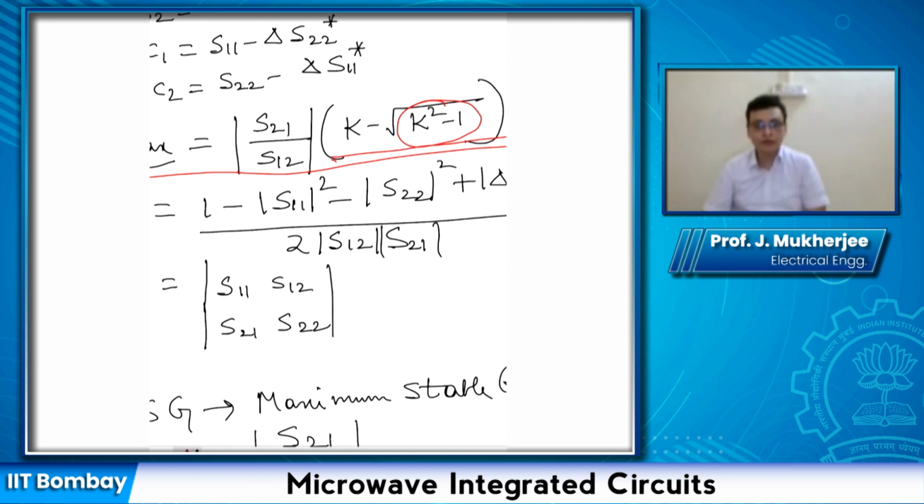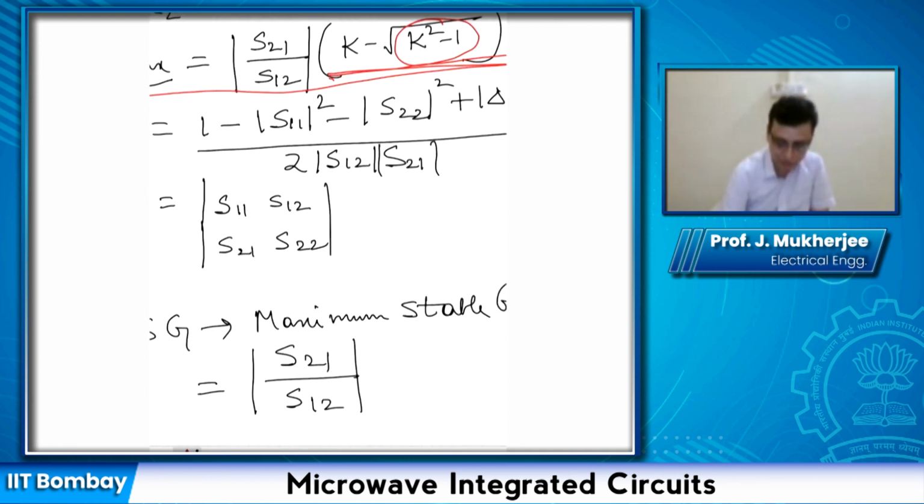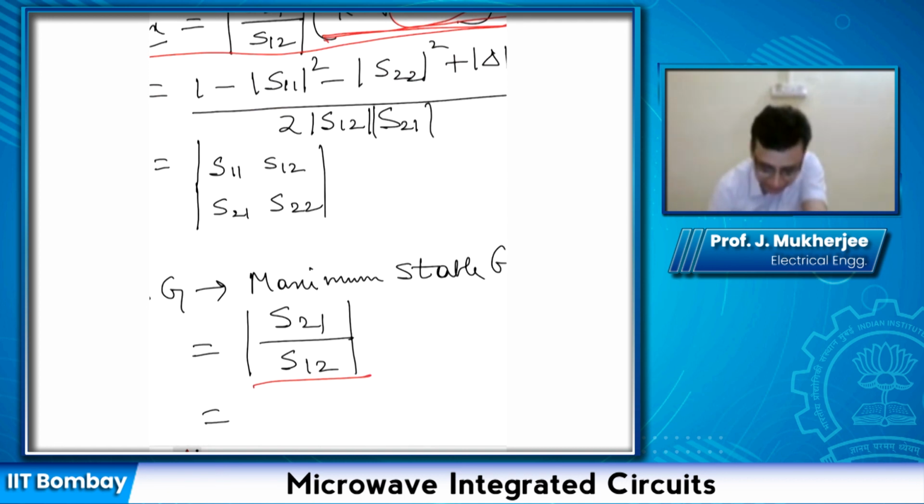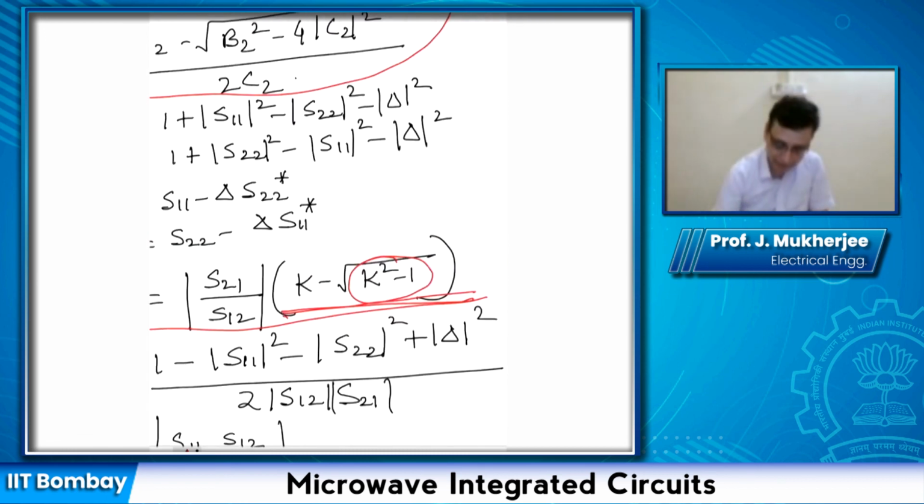So k equal to 1 represents the boundary between instability and stability, and by plugging k equal to 1, we get the value of GT max as the ratio of S21 and S12, and that we call the maximum stable gain. It's like, even though the system is potentially unstable, had the system been stable, what would be the maximum gain obtainable? Now this quantity GT max, recall, is also equal to GP max